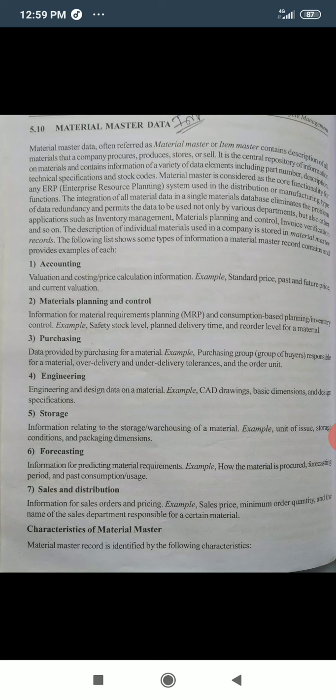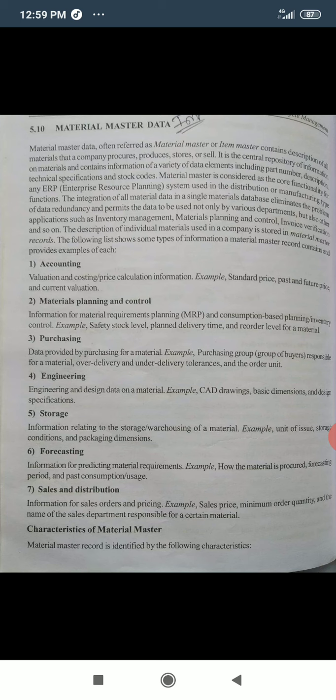The description of individual materials used in a company is stored in material master records. The following list shows some types of information a material master record contains and provides examples of each.